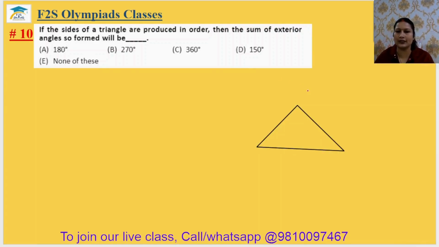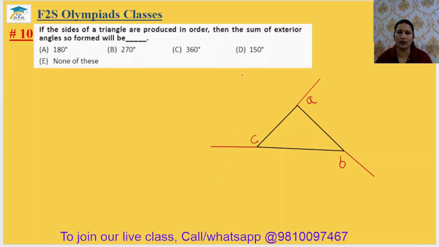Now produce its sides. This side will be produced in this way. This side will be produced in this way. This side will be produced in this way. Now suppose this is your angle A, this is angle B, this is angle